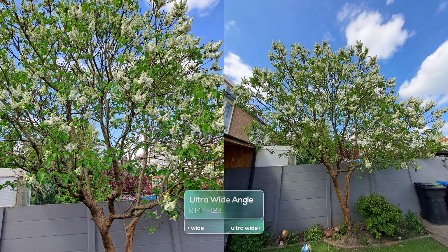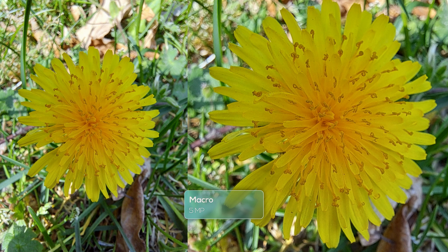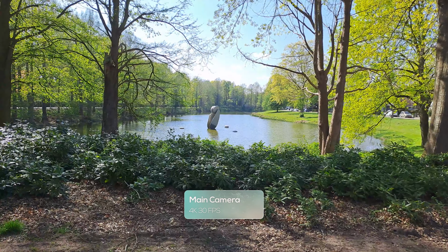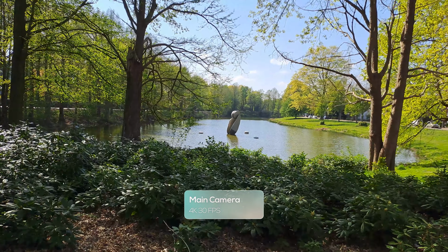With the 8 megapixel 123 degree ultra wide angle camera, it is possible to fit the objects that you cannot fit into the normal pictures. There's also a 2 megapixel depth lens to help with portrait mode and a 5 megapixel macro lens for shooting close-ups. When it comes to shooting video with the main camera, it looks great in bright areas, but with fast